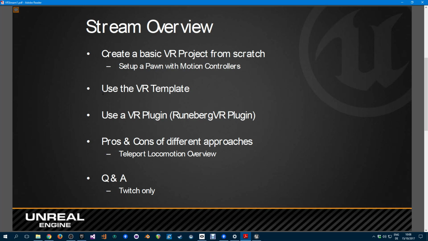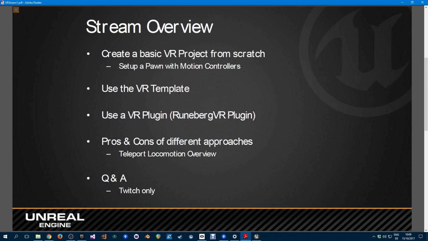Yeah, and with the VR template, it's all pre-made for you. You just need to change a couple of settings to make it work for you. The con there is that, while it is well done, you need to read the blueprints, and they are not really for beginners. So some beginners may find it difficult to understand the way it's all set up. Yes, it will take a little bit of time to look at how Epic does the template, similar to how I showed you how the teleportation works, for example. The nice thing there is it shows you how you could do a similar mechanic on your own